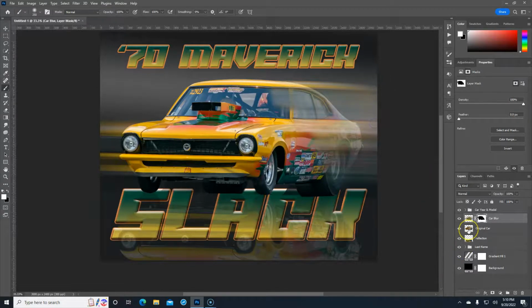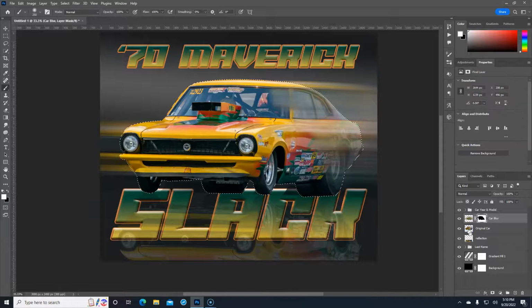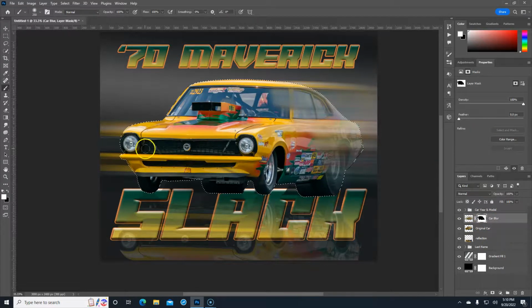Okay, let's control click on the car again. It's gonna select that. And now we're on the mask. Let's go back to black, and look at that. We're painting out here and it's not doing anything because this selection is protecting everything outside. Alright, so Control D will deselect that. I think that looks pretty gangster, but I might do some other